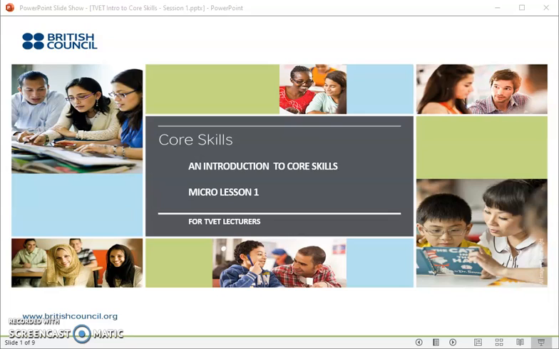How do we enhance the employability and enterprise skills of our students? In other words, how do we get our students to either start their own enterprises that will employ other people or become employable so that they secure a job as quickly as possible after graduating? These questions are central to the course that you're going to be attending, an introduction to core skills for TVET